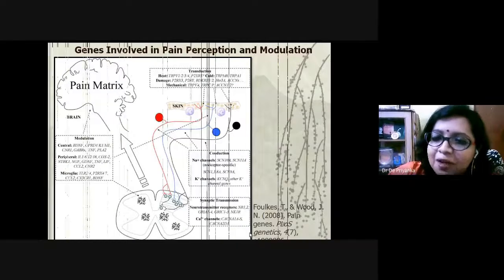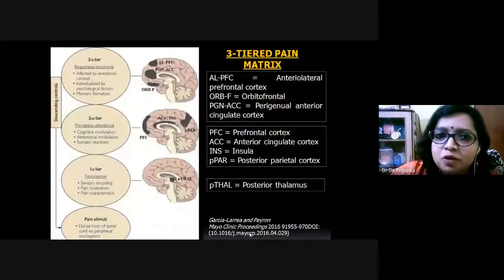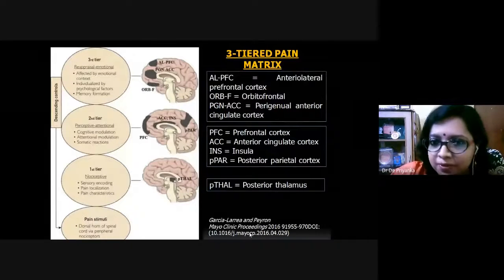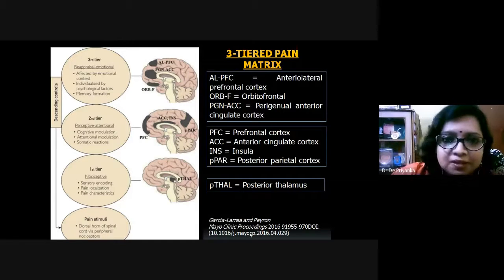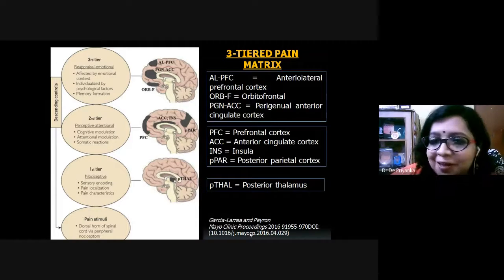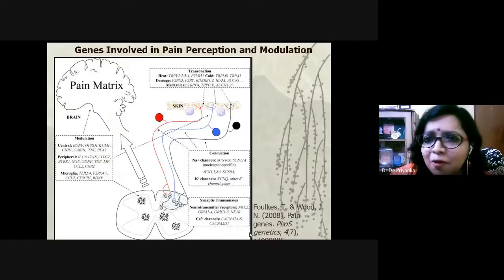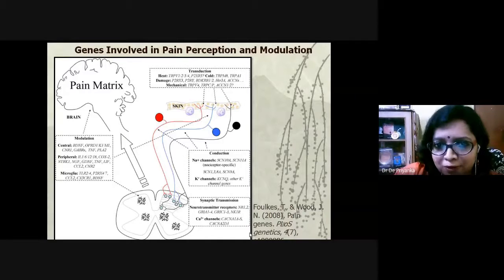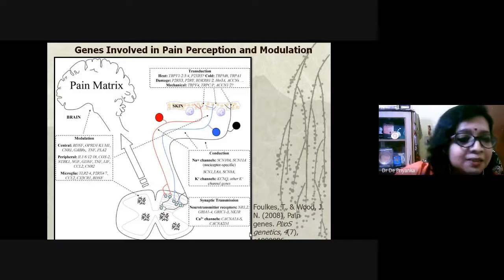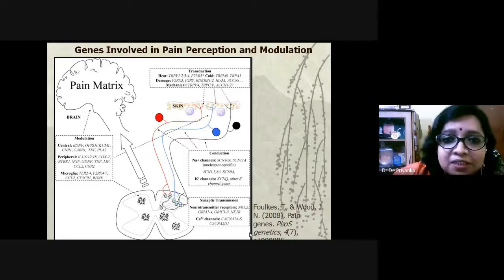Now, till now I'm talking about the neurobiological aspect. People are saying about the neurobiology, neurophysiology, electrophysiology, the cognitive perspective. But all the genetic lovers will also be wonderfully surprised when they come across this pain matrix, to see that lots of studies have been done in pain biology, and it's again now an open book chapter for you. There are so many genes which are involved in pain perception and modulation. So here this slide will ultimately give you the idea that there are so many genes which are affected,